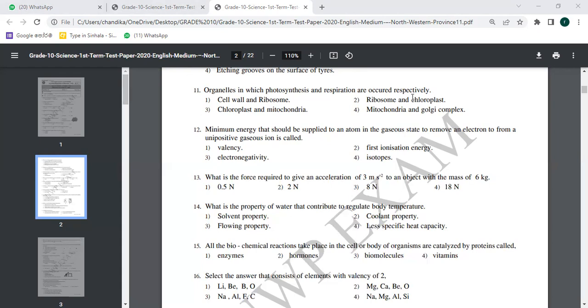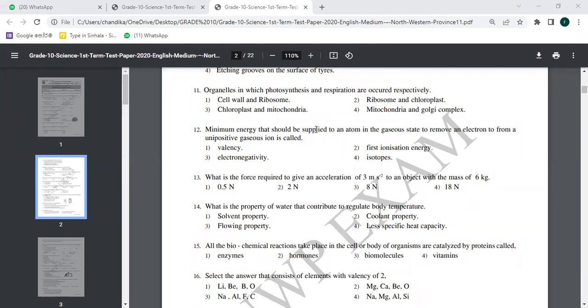So that means those who don't know English very well have done that. There is a very simple grammatical mistake. We don't use occur in passive voice. We don't use happened in passive voice either. Have you heard anywhere 'it was happened'? No. Occur is also a word like that. They must have used another word instead. Organelle in which photosynthesis and respiration should not occur